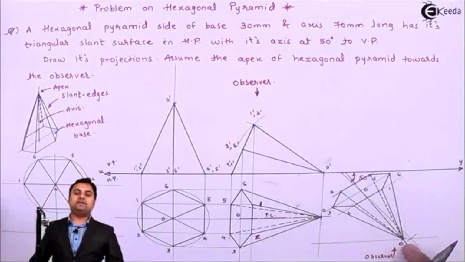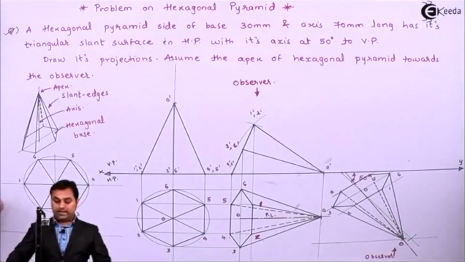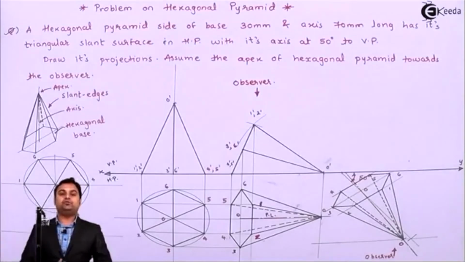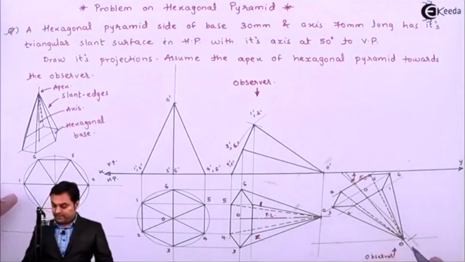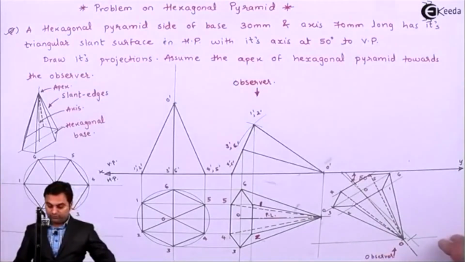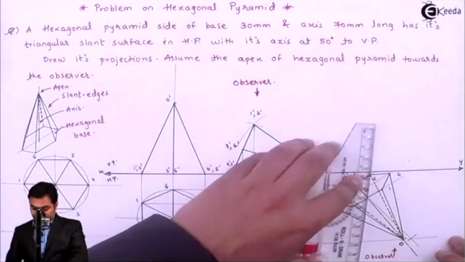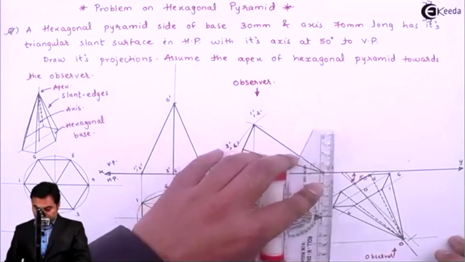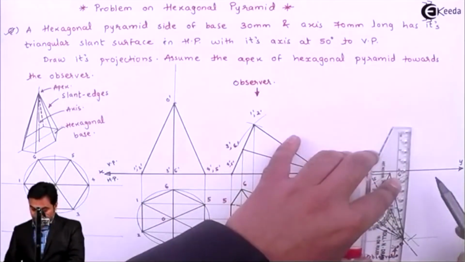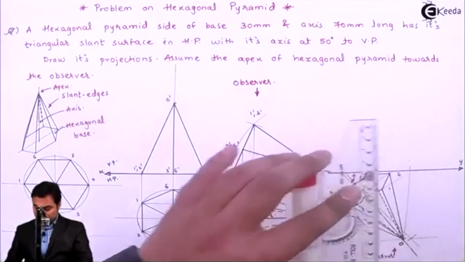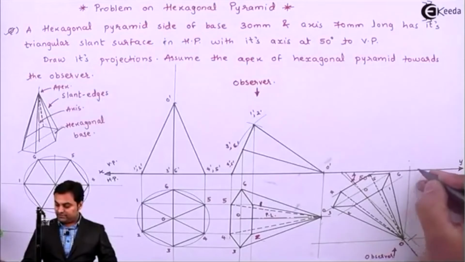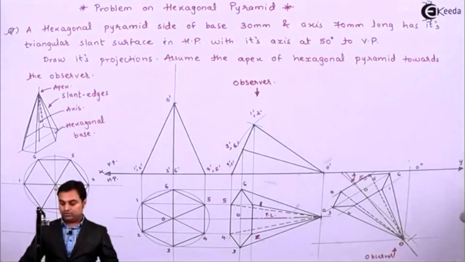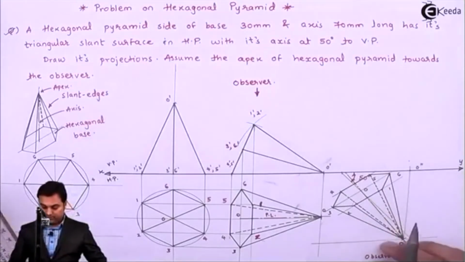Now observing this, I am going to project the front view, and for that, those points need to be projected first which are closer to the observer. So if I look here, the apex is the closest point to the observer. So projecting the apex from the top view into the front view. So here point O and O dash, wherever both intersect, that will give me the point O double dash of the apex.